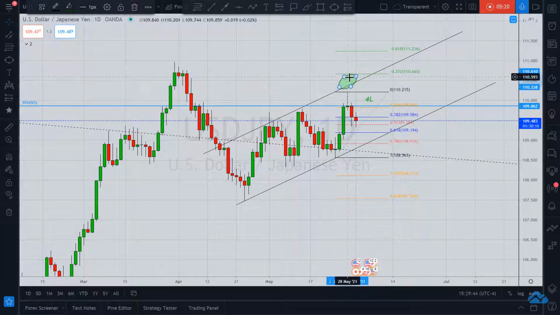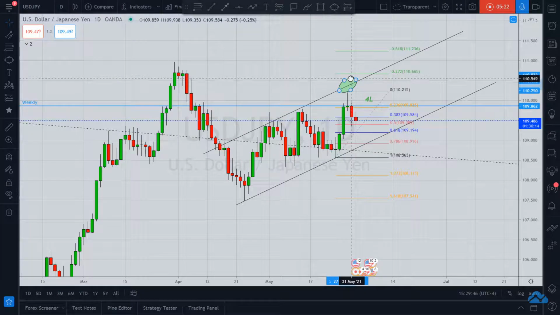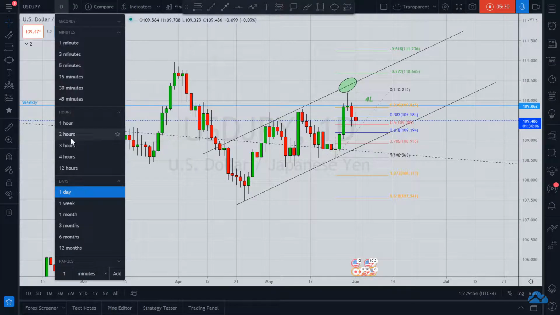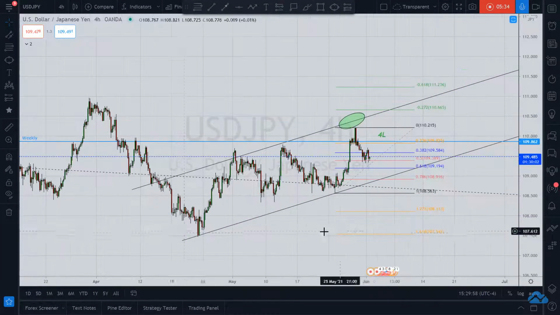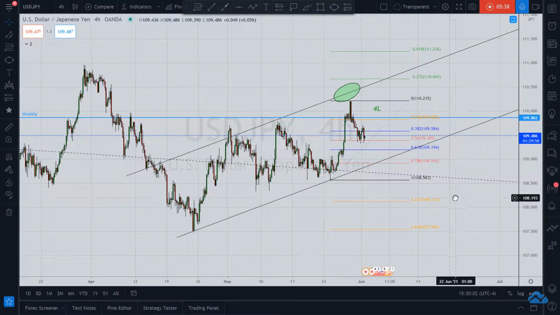All right. So what does that mean? Does that mean that we're getting weaker going up? Could be. But what you want to see is on the 4-hour, where price is right now. We are in the middle of this range. We are hitting the midpoint of this channel, right?